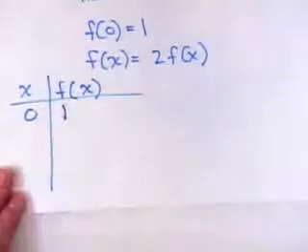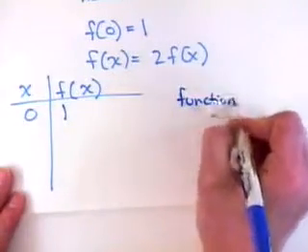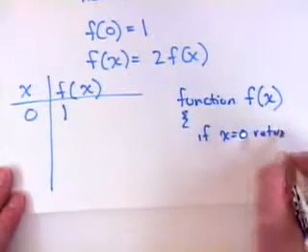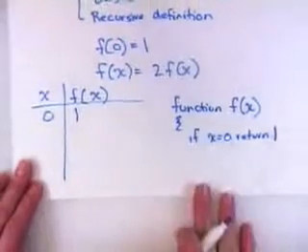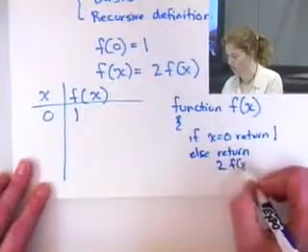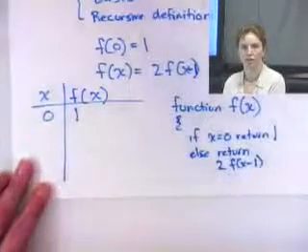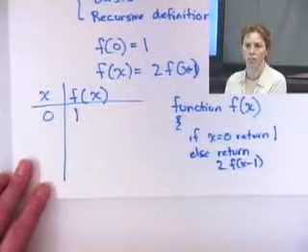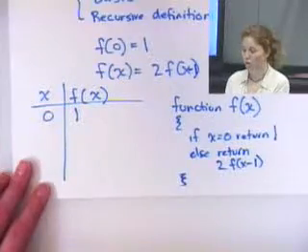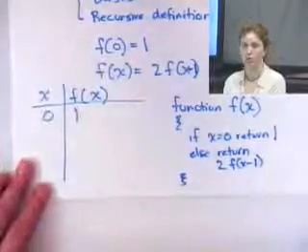So when x is equal to 0, we use the basis to find that f of x is 1. If you remember the way we wrote the code for recursion last time, we had an if statement. When we did a function definition in our recursion, this would be function f, and x would be our input. And we'd say if x equals 0, return 1, right? And then else return 2 times f of x minus 1. Sorry, that should be a minus 1 there. So we should have a minus 1 in our formula for f of x. And that was our code for our function. So our basis is, first we check for whether x is 0 or not,